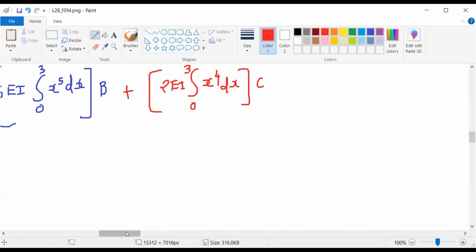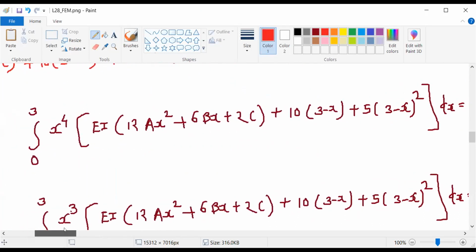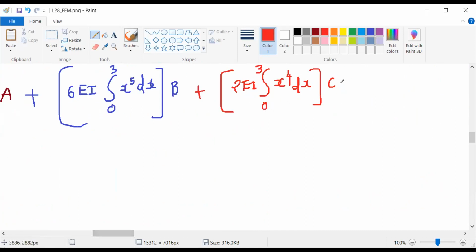And what is the constant term? The constant term is a term that does not involve a, b, and c. So the constant term is this next term. It will go on the other side and it will become negative. And it is multiplied by x raised to 4. So the constant term is going to be equal to